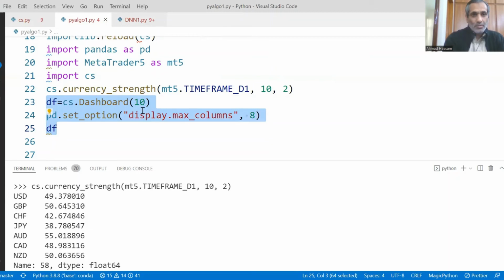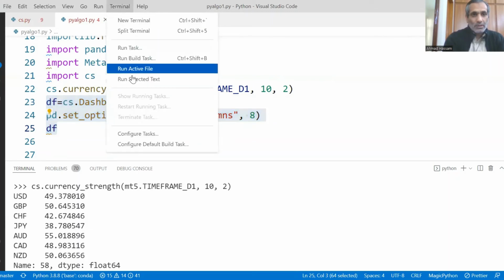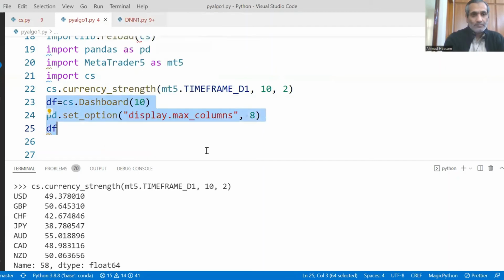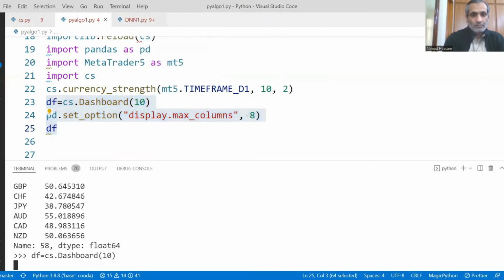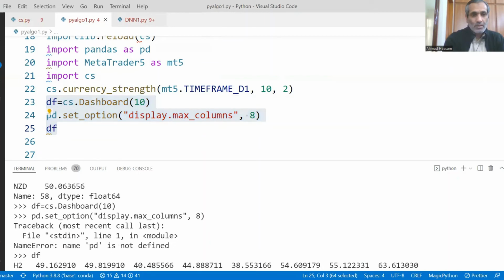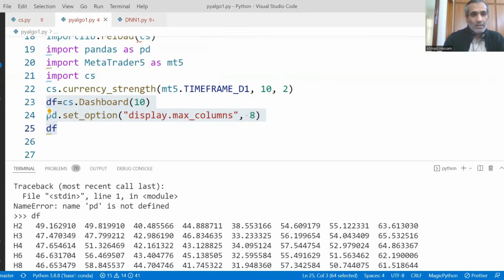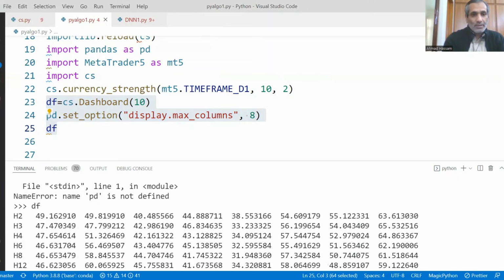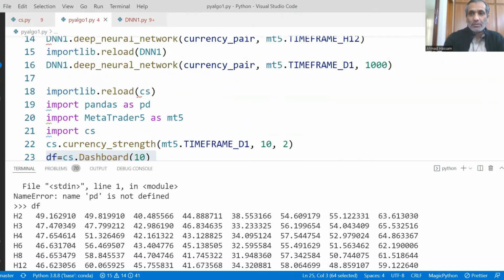We tell the dashboard that we want to use 10 period RSI. Okay, it's giving an error because we haven't defined this PD. So let's define it also, import it.